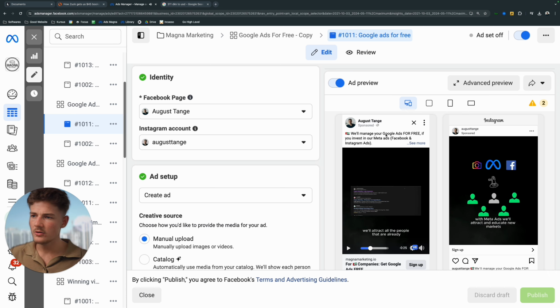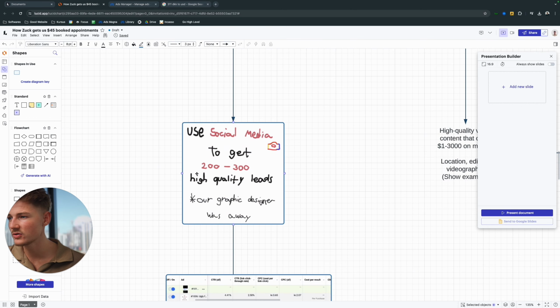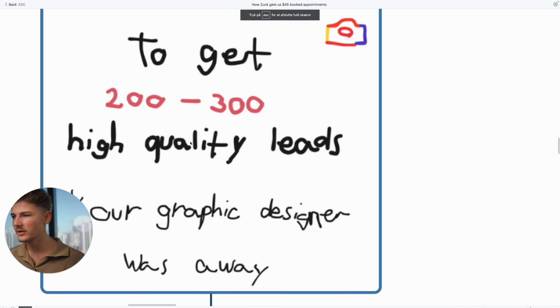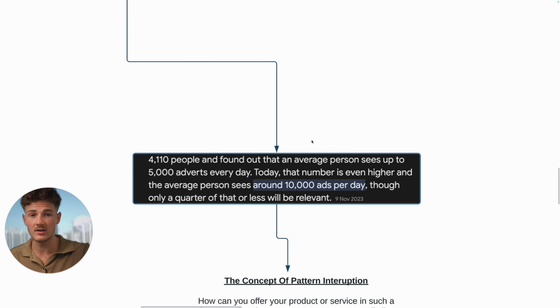Yeah, so we tried a new offer here where we offered Google Ads for free, and that performed quite well, and it cost a lot of money to make compared to this one that took me 30 seconds in Canva to make. This one net positively performed better by providing more leads at a cheaper price, but the only if is that we got more unqualified leads, but still this was net positive compared to the high quality video content that we shot. And the reason that our shit content performs better than high quality video content is because the